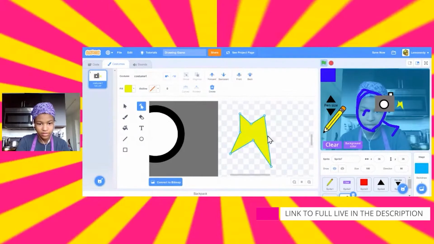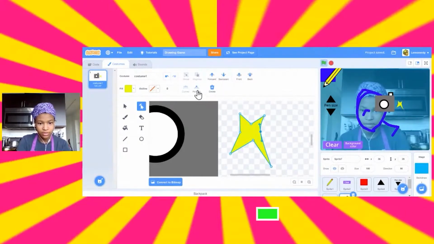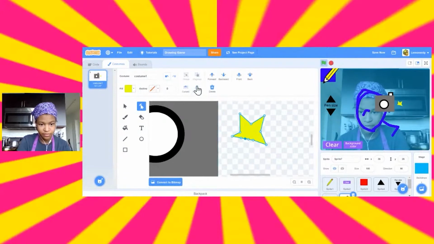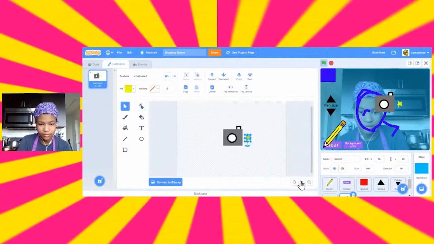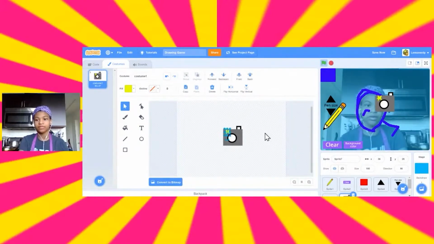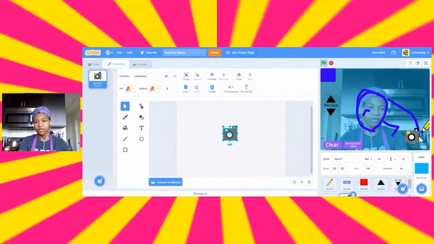Okay, this flash is having some technical difficulties here. Maybe it needs some more points. Yeah, that's good enough. And then I'll just move that to like here. Or there we go. That generally looks like a camera. Okay, so I'll make that a little bit smaller and then move it over